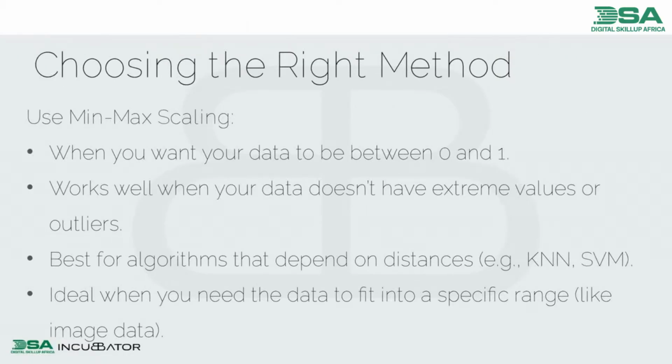Then we talked about choosing the right method. When do you think you should choose the right method? When you want your data to be between 0 and 1. We are talking about features falling out of scale, so you want to bring it back into scale. Mr. Isaac gave an example. You have things like prices in your scale. You have a price of 50,000, 60,000, and all of a sudden you see 500,000. You can see that it's an outlier. It's so far away from them. So how do you bring them back? You can use your min max scaling, which is your normalization.